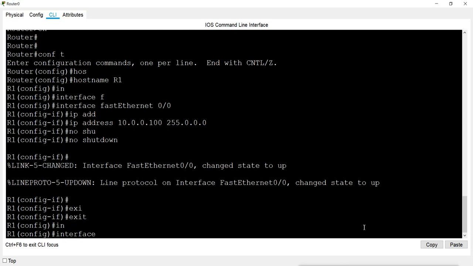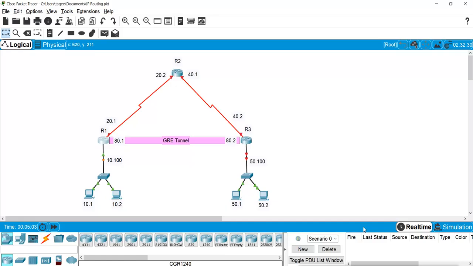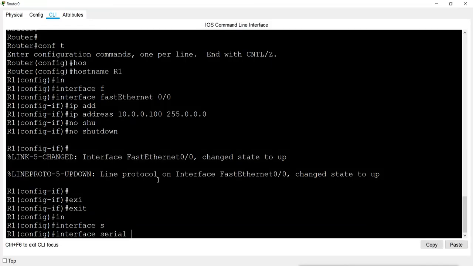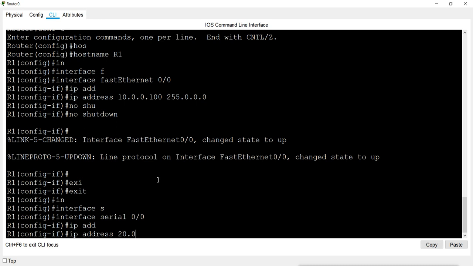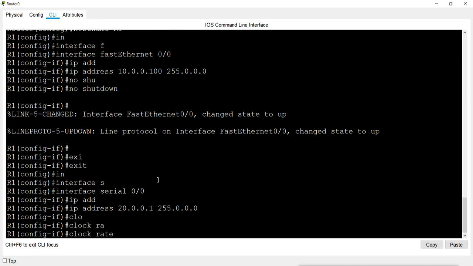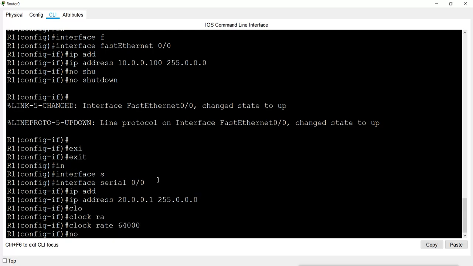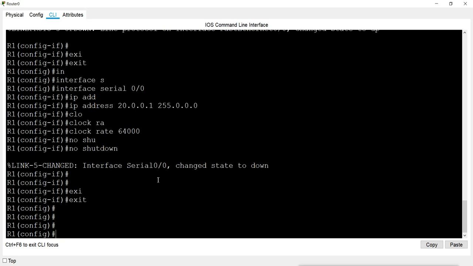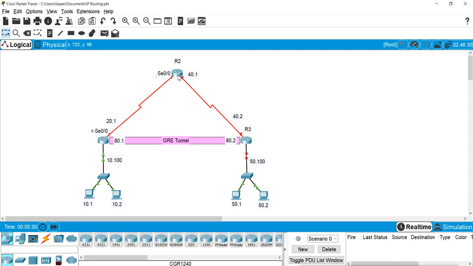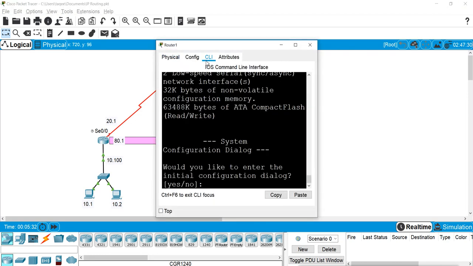Then interface serial 0/0, with IP address 20.1. Then I will configure router 2.